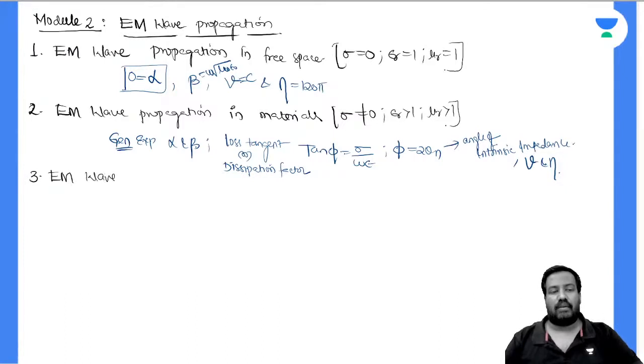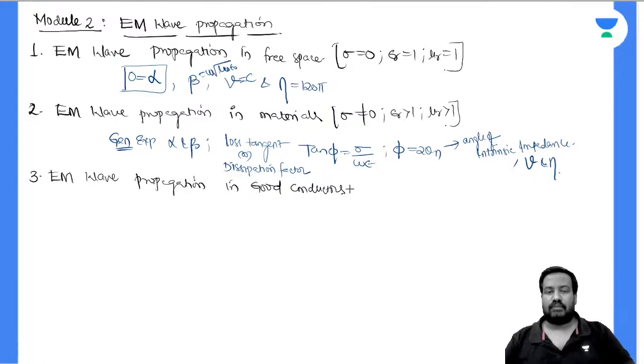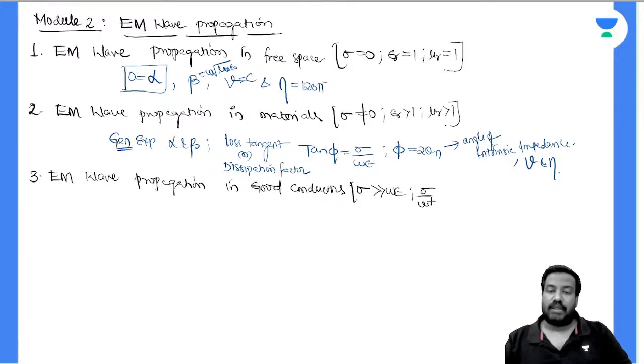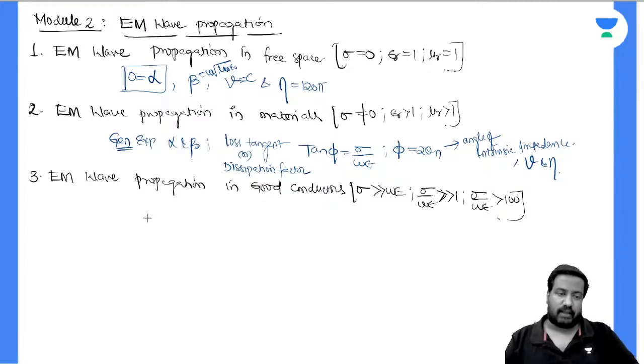Then we went for EM wave propagation in good conductors. Good conductor is the case where sigma is far greater than omega epsilon. Sigma by omega epsilon is far greater than 1, greater than 100. In good conductors, we have derived quantities like alpha, beta, and we got alpha is equal to beta, of course, velocity,